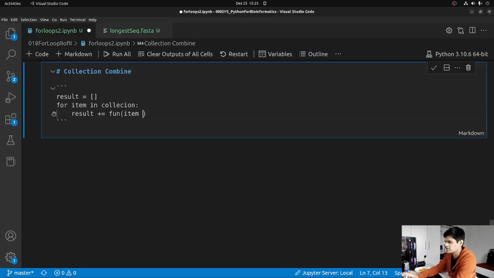So we will give it item, and it's like we are merging with previous